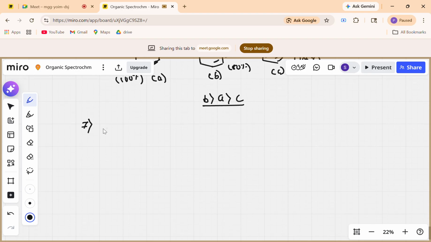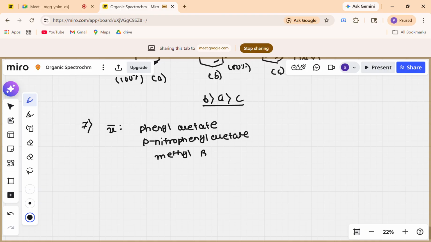Here there will be 100% electron density in pi star shared, here there will be 50-50% sharing, whereas here there will be 200%. Even here there is 50%, but this way it is also increasing electron density in pi star, so it will be 200% or 150%. So that's why the order will be B greater than A greater than C. Okay, so the next question is